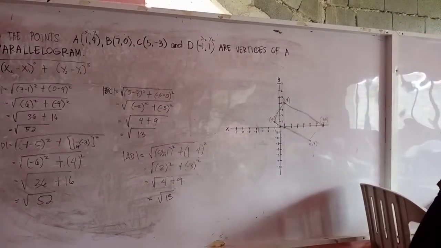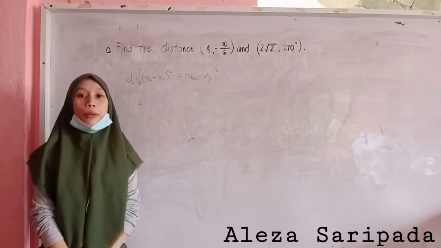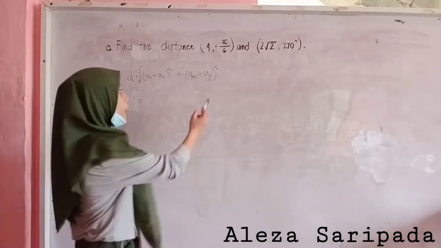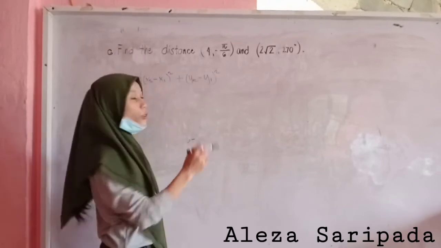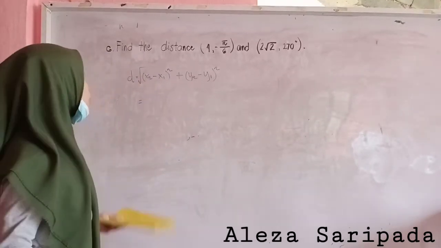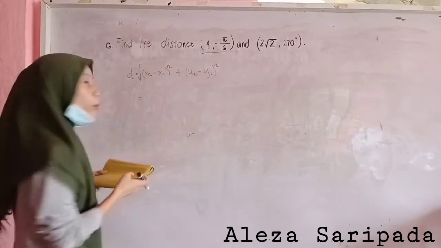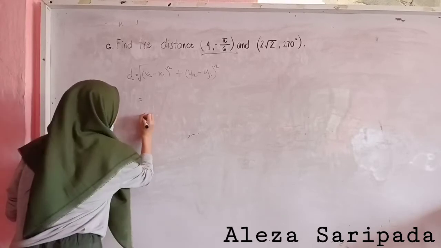Thank you. Assalamualaikum, my name is Aliza. I will discuss problem number 6, which is find the distance between 4, negative 5 over 6 and 2 square root of 2, 270 degrees. To find this one, we need to convert it to polar coordinates. For example,